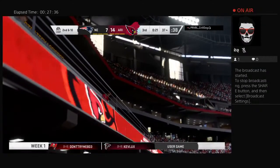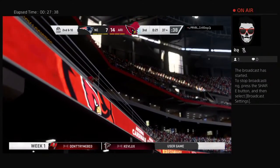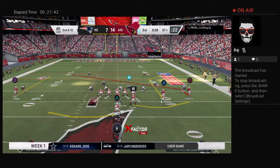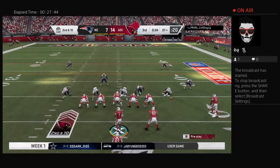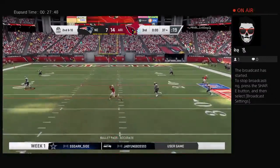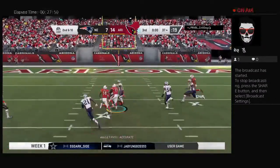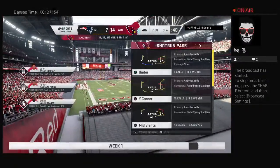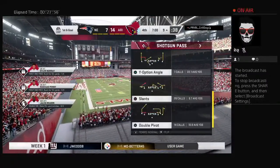I think they were hoping to get it to him. He could make a man or two miss, but that window closed quickly. Had the completed pass, but for no gain, stopped right at the line, so it's 2nd and 10. Now Murray again. This one caught by Isabella. And he will be taken down, but a big pickup there on what's going to be the final play of